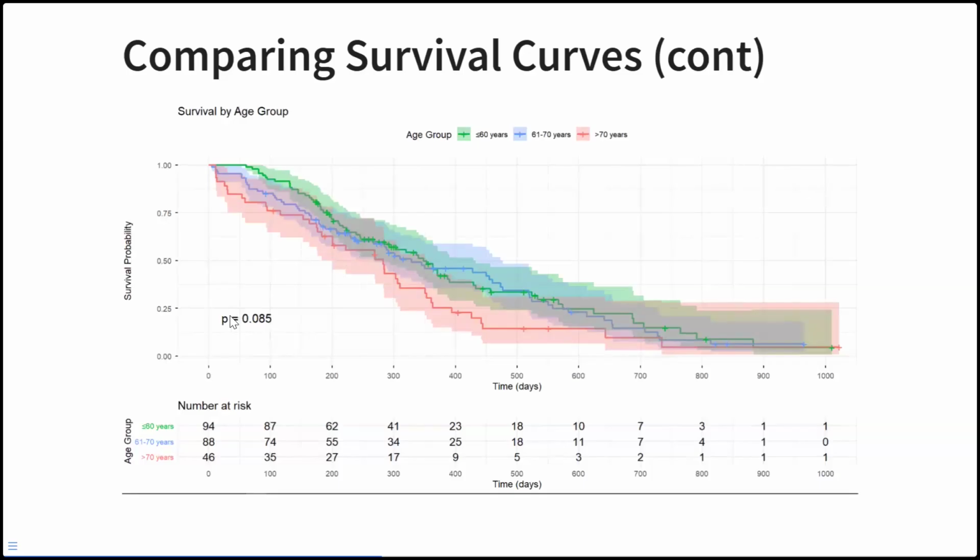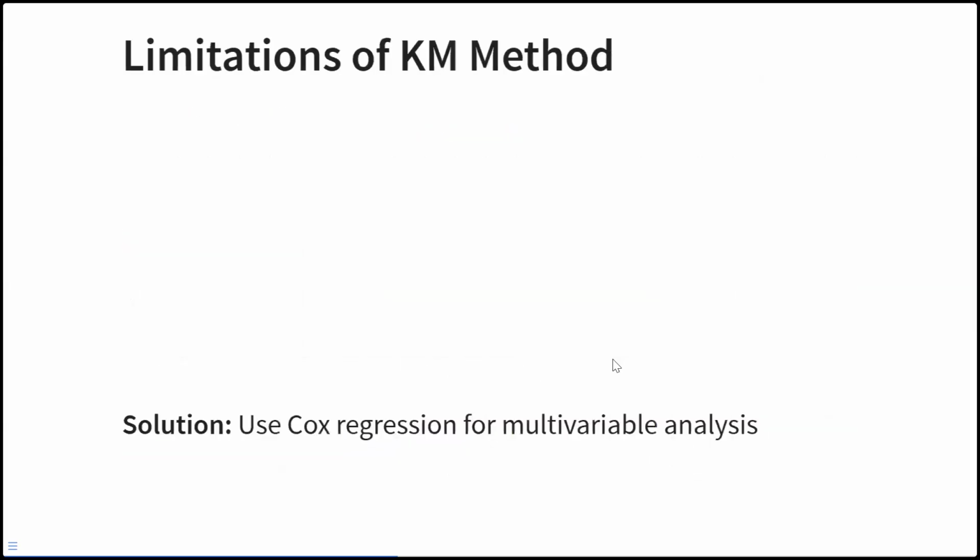You can see that it's showing that there is no statistically significant difference, because the p-value has to be less than 0.05 for it to show a statistically significant difference. Though it is still a little bit low, it's not low enough for us to show statistical significance, because this line here just touches it in this particular place. So the Kaplan-Meier curve is more or less descriptive,